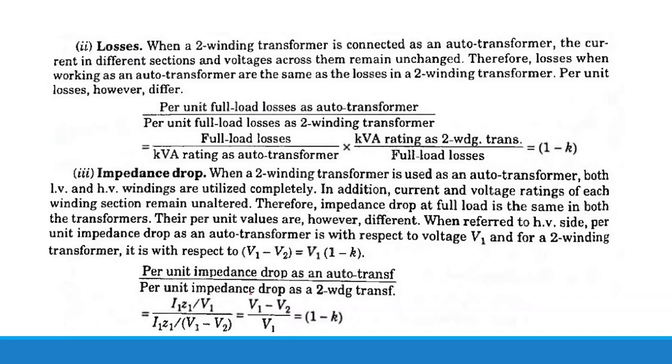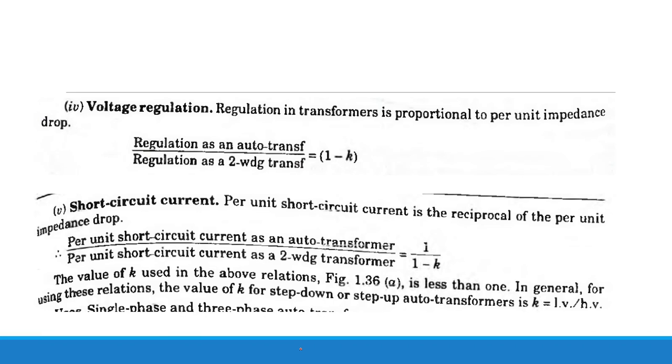Impedance drop will again be equal to 1 minus K: the per unit impedance drop as an auto transformer divided by the per unit impedance drop as a two winding transformer equals 1 minus K. Voltage regulation: the regulation of an auto transformer will be equal to 1 minus K times the regulation as a two winding transformer. Short circuit current, the per unit short circuit current as an auto transformer